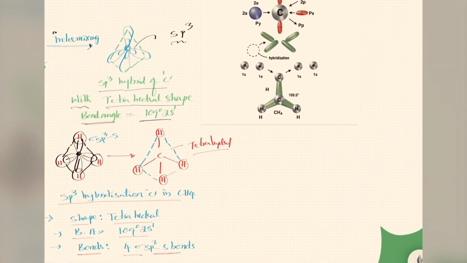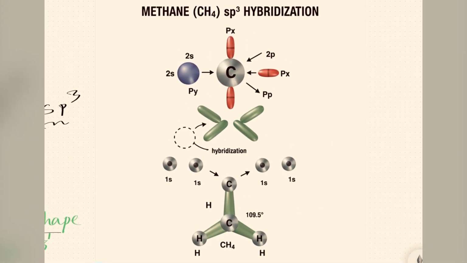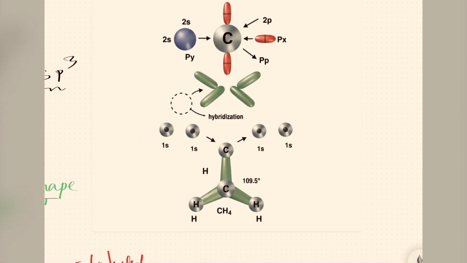Similarly, we can see the orbital diagram in a digital manner. All of you see this. This is methane undergoing sp3 hybridization. See carbon 2s, 2p; the electron enters into 2py. Then we can see the hybrid orbitals 2px, 2py, 2pz. Now these orbitals undergo hybridization and we get such a molecule. Clear?